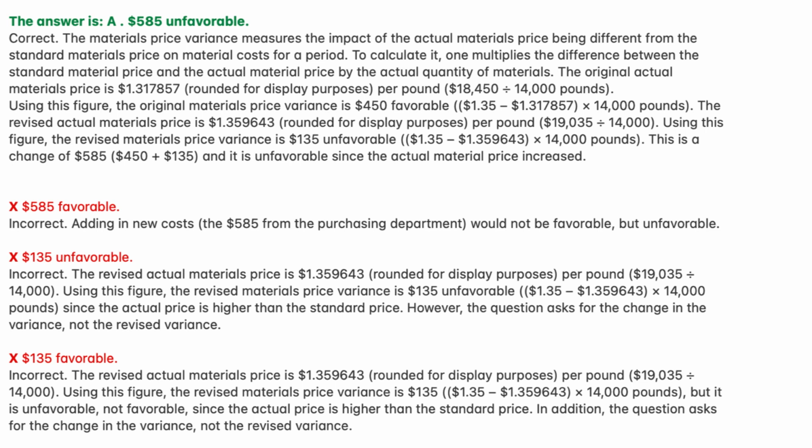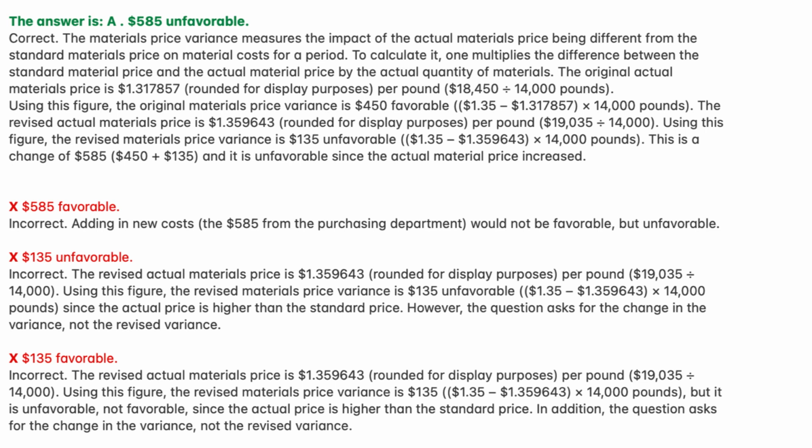$1.317857, rounded for display purposes, per pound, $18,450 divided by 14,000 pounds. Using this figure, the original materials price variance is $450 favorable, $1.35 minus $1.317857, times 14,000 pounds. The revised actual materials price is